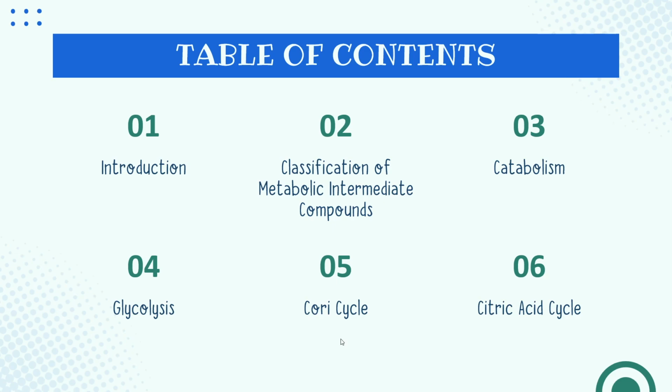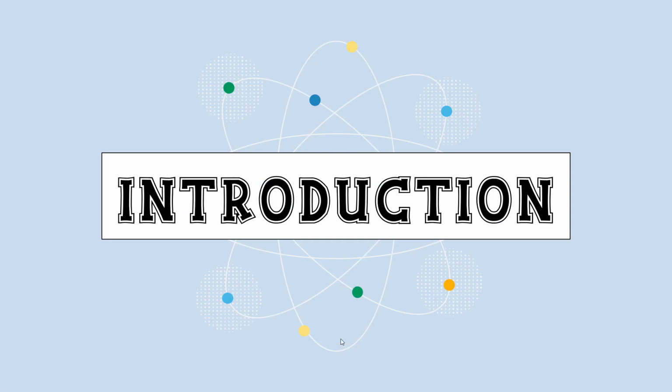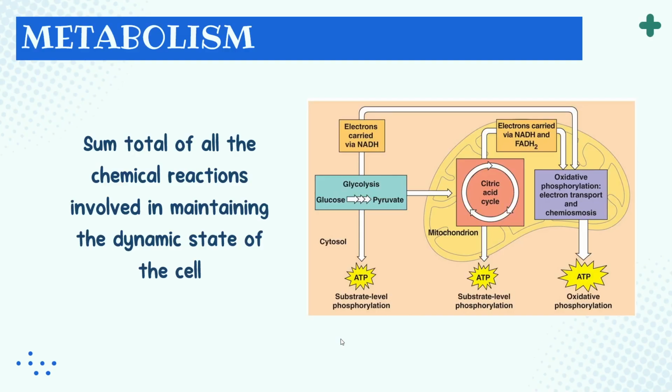But for your citric acid cycle, that will be in a separate video. So we will end with your Cori cycle and as to the end product of your glycolysis. So these are our objectives, and we will start with introduction. So what exactly is metabolism? So when we say metabolism, kids, this is referring to all biochemical processes in our body that maintain life,